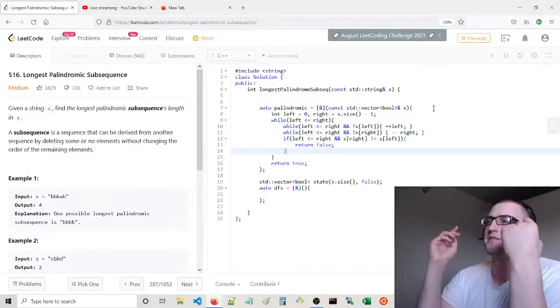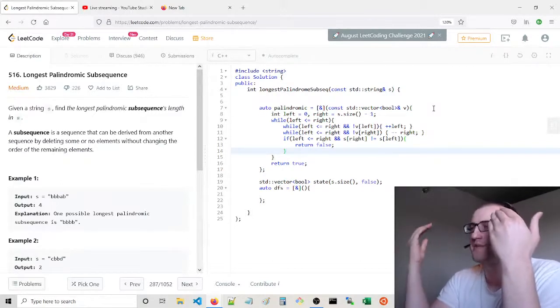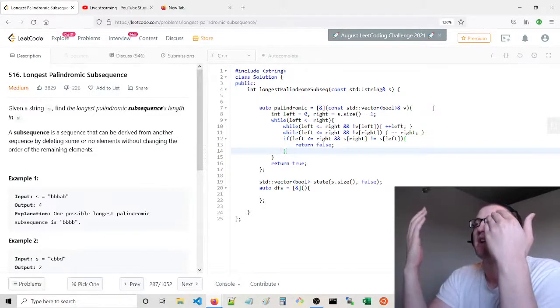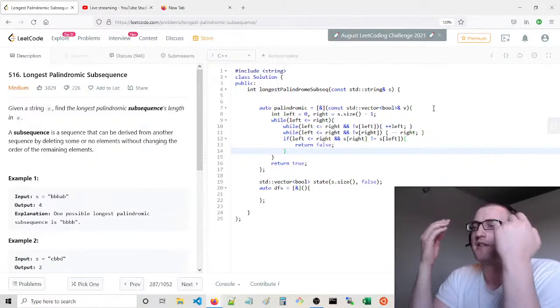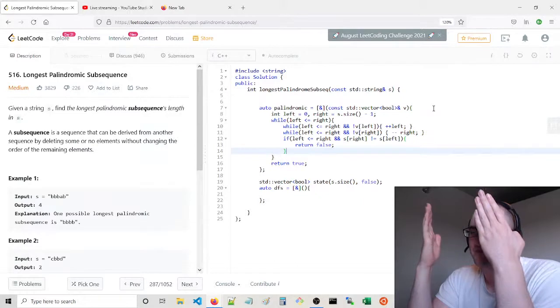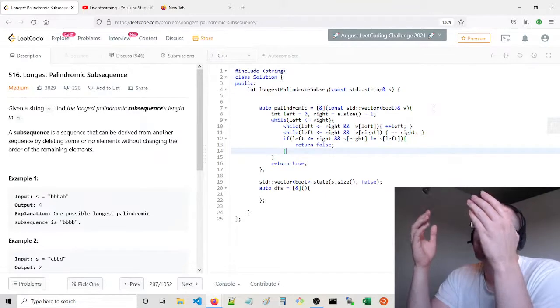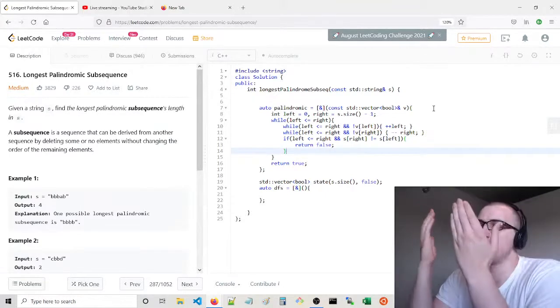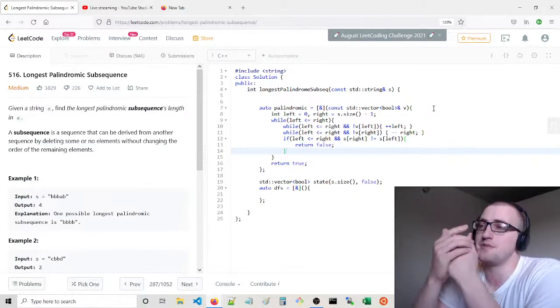So if at any point you scroll from left to right until left is true, and from right to left until right is true, and these two characters are not equal to each other, you return false. If at every left and right shift they are equal to each other,